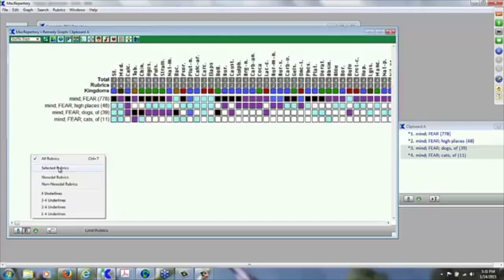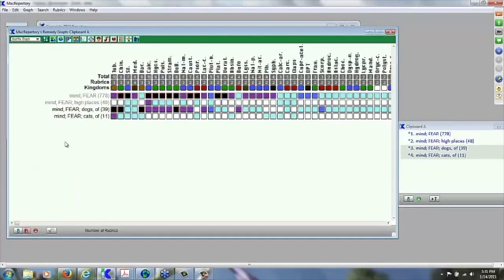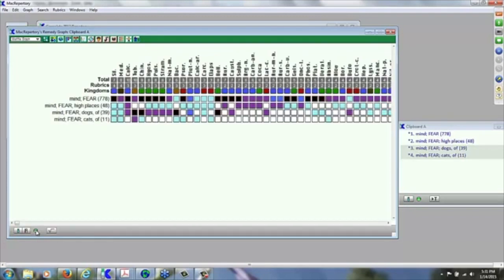So I'm going to click on selected rubrics, and you'll see that Fear of Dogs and Fear of Cats are still in black type, whereas the rubric Fear and Fear of High Places has now been grayed out, meaning that those are no longer being considered in the repertorization. Yes, you still see which remedies are in there, but they're not affecting the analysis here on the top. And when I conducted this limitation, that little green button turned red. If I would like to undo that limitation, I can click on the red button and it will eliminate that particular